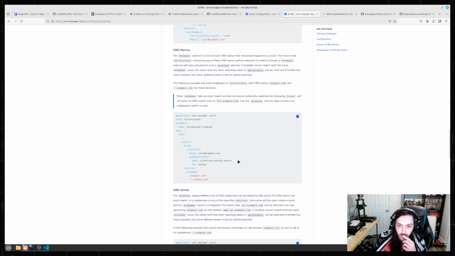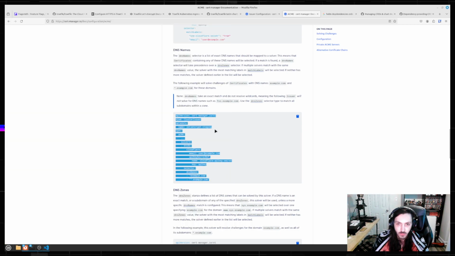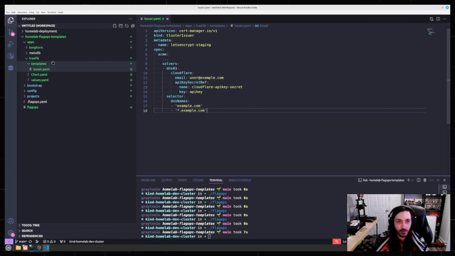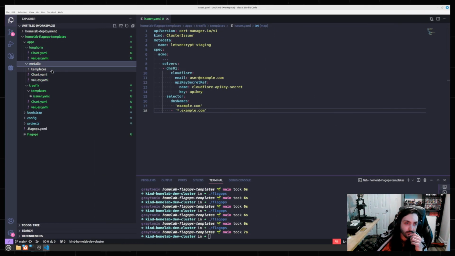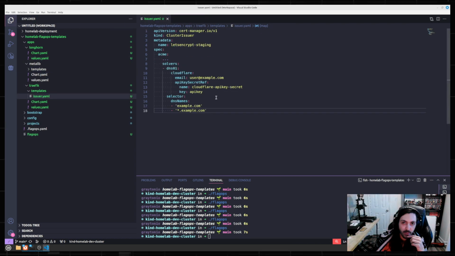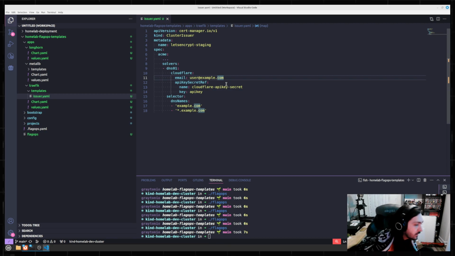Okay, and it has the Cloudflare secret there. So then let's do this as a cluster issuer and do some configuring. Yeah, so the templates themselves will have all the things, and then I'll just pull that out of